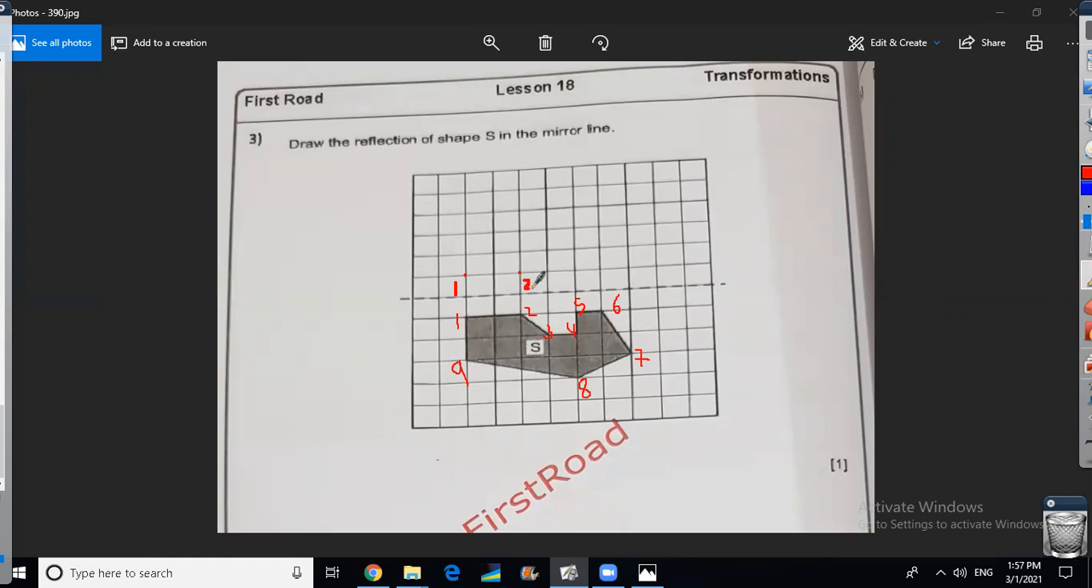And call it 2. 5 is going to be here. And call it 5. Of course, once you're done with 1 and 2, connect them first. 6 is going to be here. Then call it 6. You can also do the reflection, but if you're naming them, it's going to be